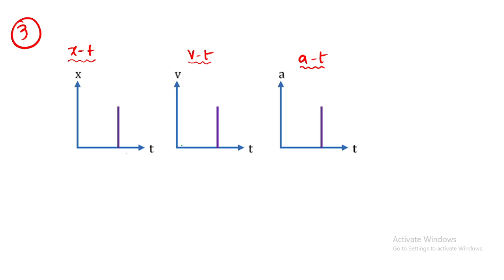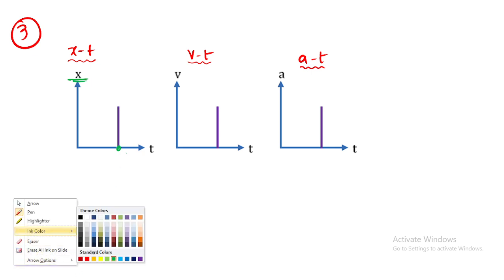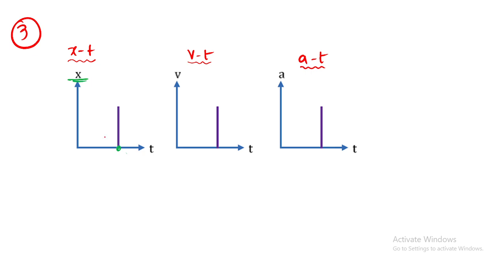So clearly, these graphs are there. XT is there, VT is there, AT will be there, right? Now, any body, the time was constant, but it is covering distance. Is it possible like that? Yes or no? Time will not stop. You are changing. Now I am moving from there to here. Obviously, time will be there, right? And time can never be constant. So now what happens here? The body at time t should be at one position, but what is it doing here? This graph is indicating like this. Yes or no? It is moving. Means the value of x keeps on increasing. Is it possible?